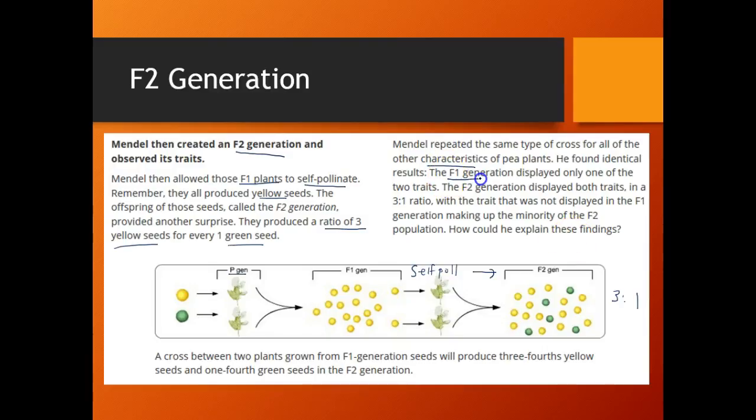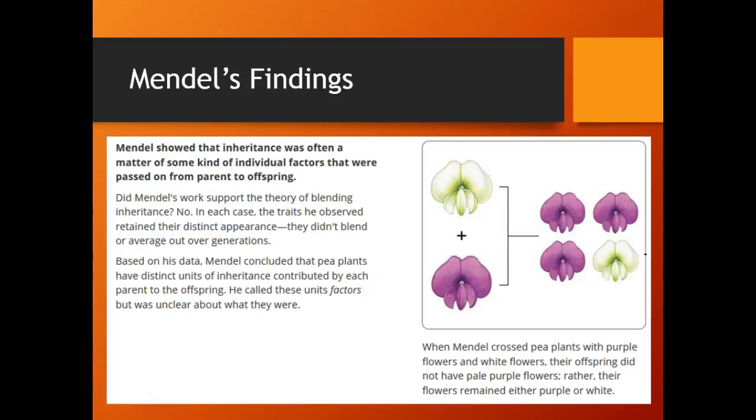The F1 generation displayed only one trait, right? It only had one trait, whereas the F2 generations displayed 2 traits, but it wasn't half and half, it was in a 3-to-1 ratio. So he had all the data, but he had to